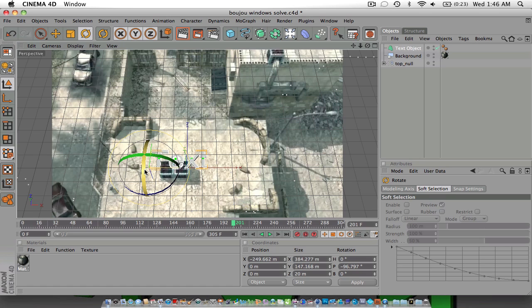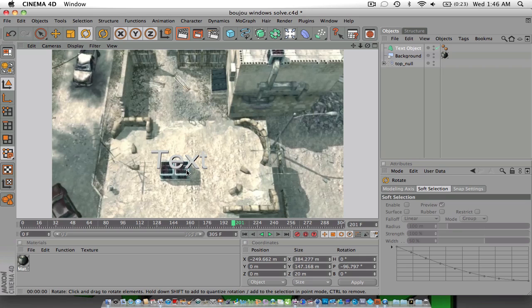Now since we have our text in here, when you render it out, no shadows, it doesn't really look like it fits in the scene, it's just sort of floating there. And what you can do, okay, now what you can do is